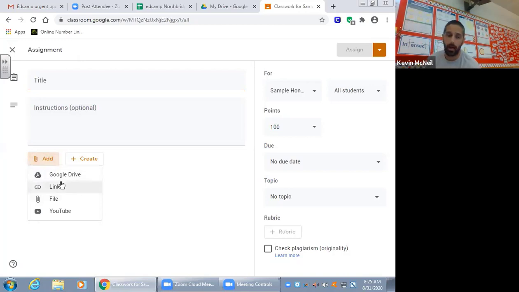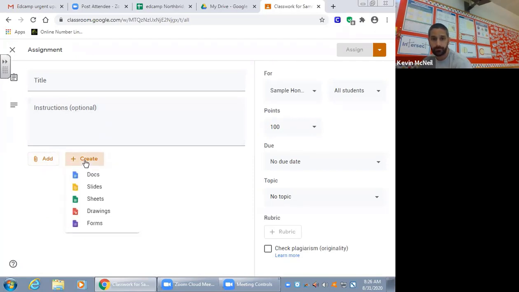And that's what I did a lot. At first it was Google Docs, and then I started using Google Forms, which grade automatically, and that made it really, really nice. But I'm a math teacher, so it was nice to be able to do a lot of multiple choice and short answer Google Forms, and I thought that was really helpful. So you can add from your Google Drive, so I basically created everything in my Drive, or you can create